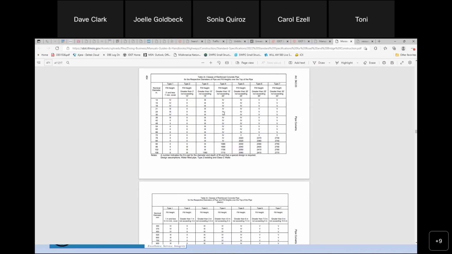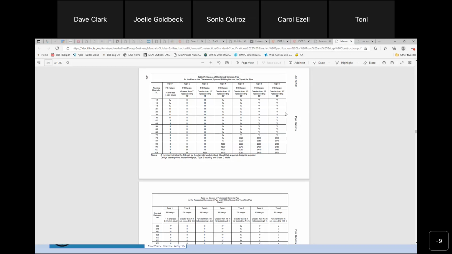class of pipe. If you're ordering these from a supplier, most of them that are bidding IDOT work are very familiar with what IDOT requires. You give them the pay item and the description of that pay item, and they're going to know exactly which one of these you're going to need and if it's something they provide. There'll be markings on these pipes, and IDOT will be looking for that type of thing. There'll also be inspection that comes with that, and it's got to make sure it's just the right class and type